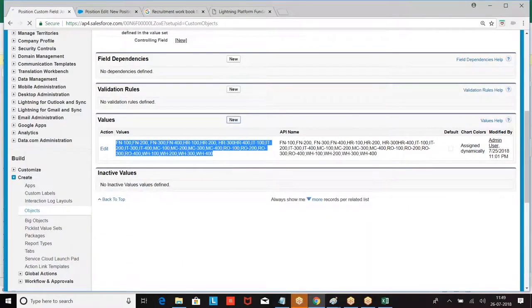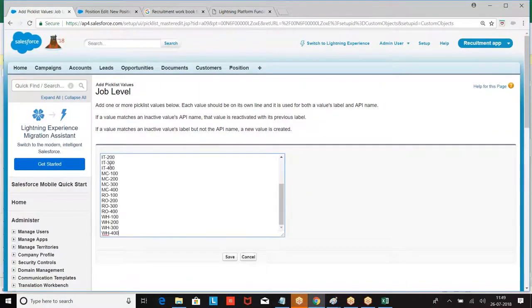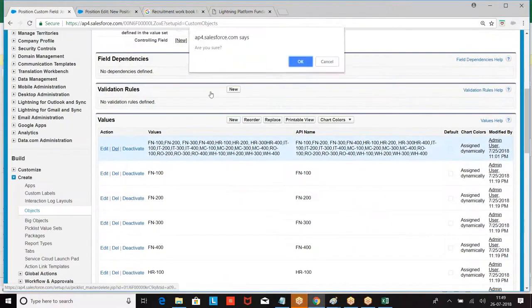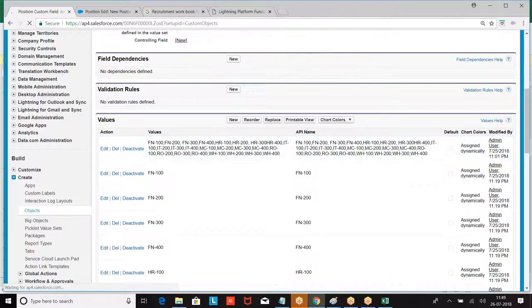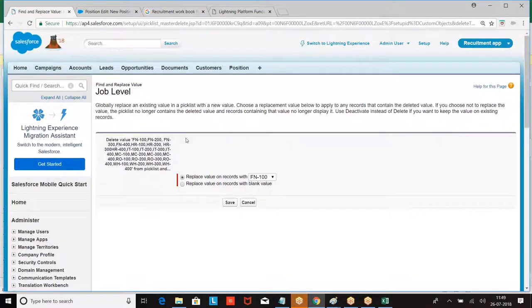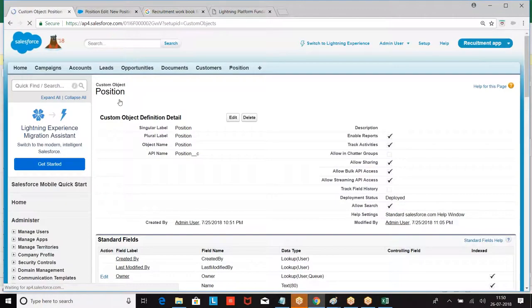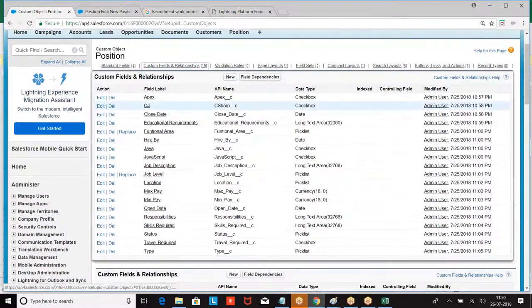So I have to go to new. Then remove the first option. So what are the other things that we have created again? Right. So already one of the bugs is also there. Min value has to be required. Max has to be required. Then functional area we have done. Job level, location again.